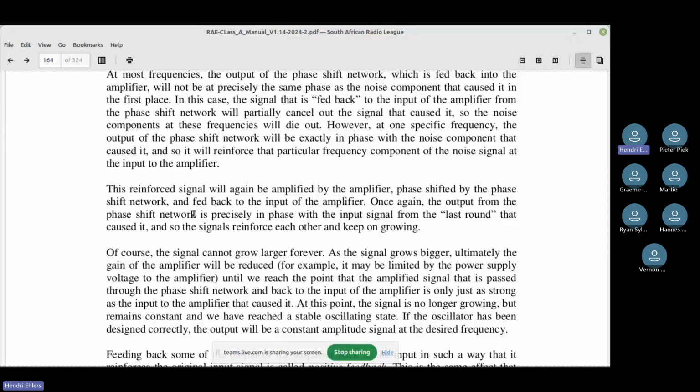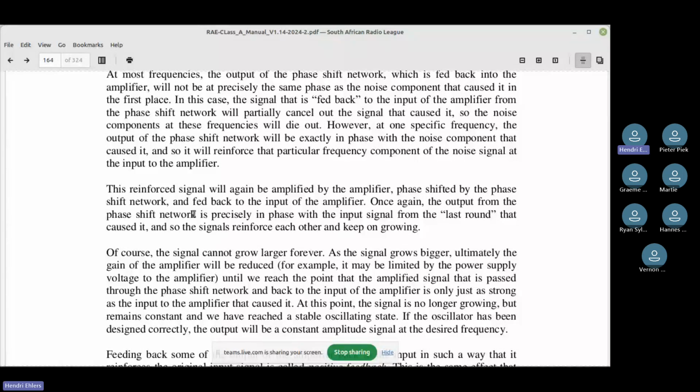And here they say if the gain was more than 1, the amplitude of the output would increase because you'll keep on adding on to it. And if it's less, it will eventually fade away. It will be decreasing. So the first criteria for oscillation is the loop gain must be exactly 1.